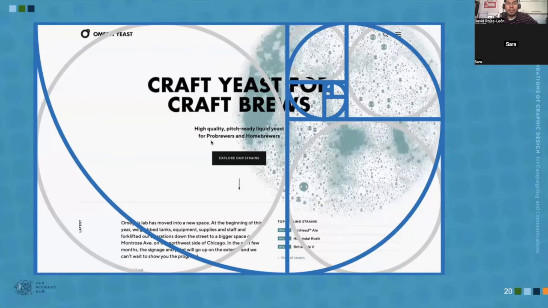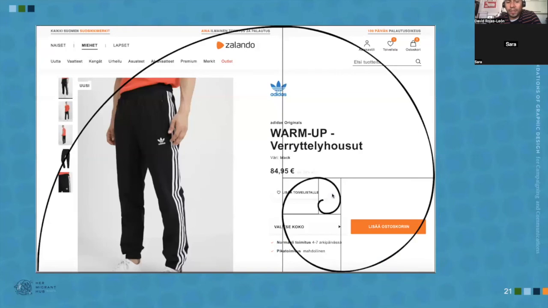You have guidelines based on the spiral and the lines that are produced. As you can see, there is a perfect square defined by this first arc, and then smaller squares are created all the way as the spiral continues. This is one basic layout or structure that you can play around with when you design. This is another example, a bit off, but still